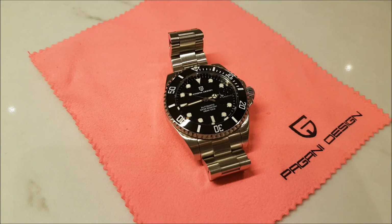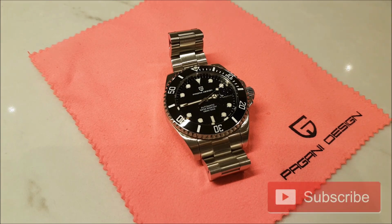So, in conclusion, I decided I'm going to keep this watch in my collection. The only thing that I would like to see improved on this watch is, of course, the lume. I wouldn't mind paying an extra $10–15 for a few extra layers of lume. What do you think? Please let me know in the comments. Otherwise, I like the markings on the dial, I like the quality of the bracelet on this watch, and strangely enough, I even kind of grew to like the 43mm diameter size of it, which is reminiscent of the Sea-Dweller